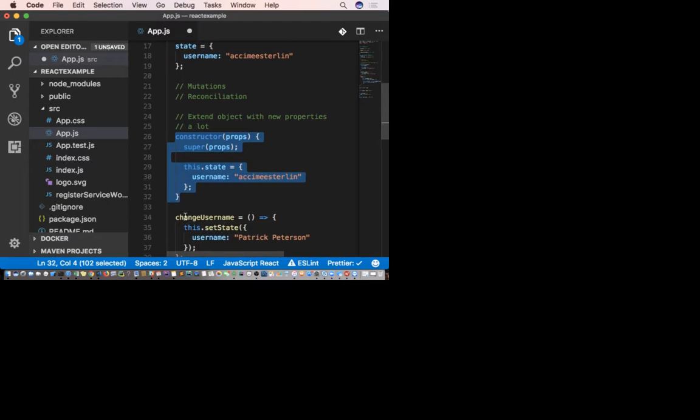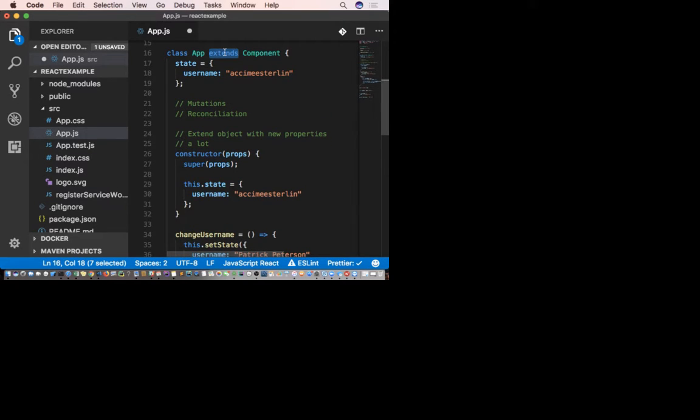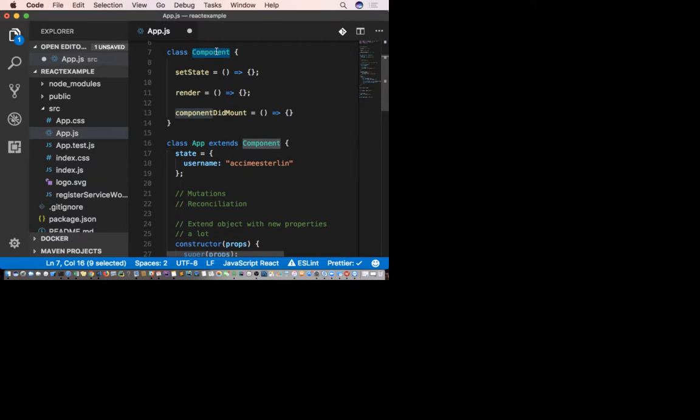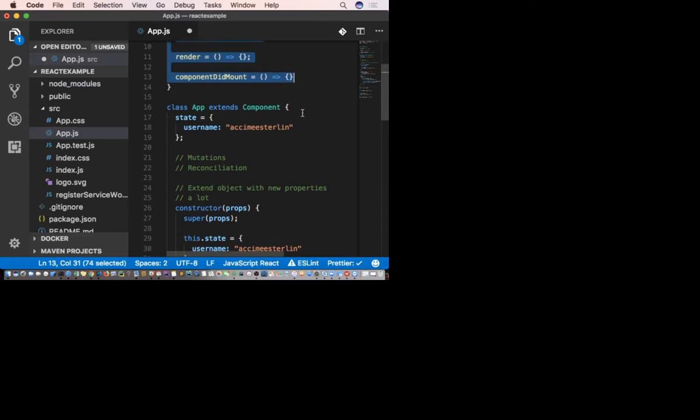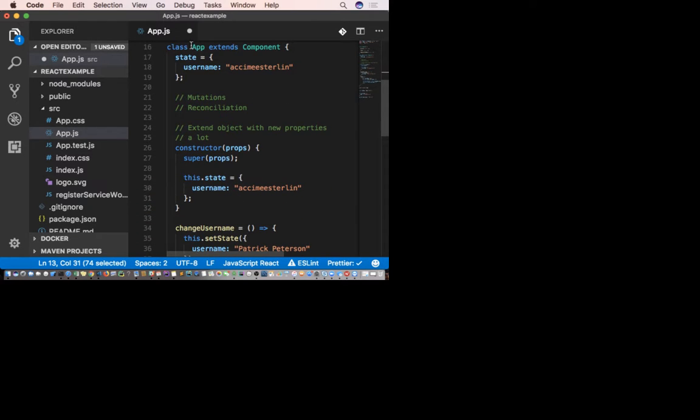Now, what does the extend keyword mean? The extend keyword means that there is another class that would like to add more functionality to another class. In our case, there is a component class with the following methods, and they make all these methods available to our app class by using the extend keyword.